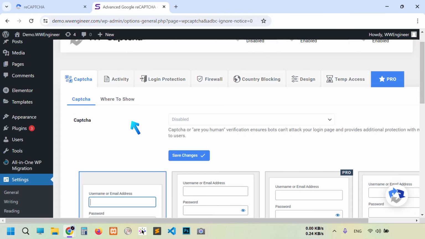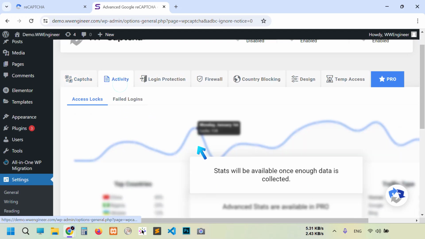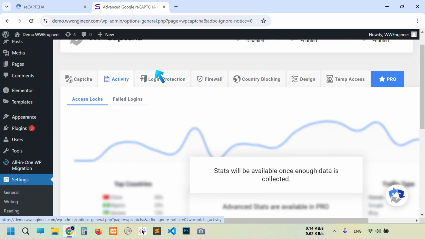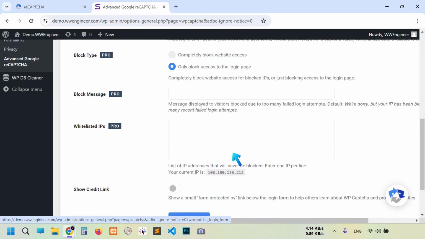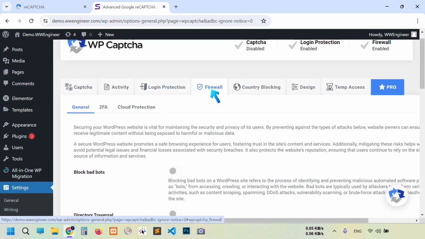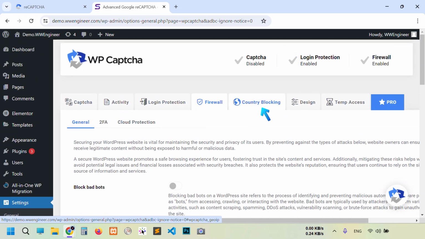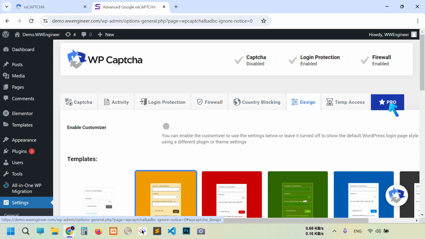This plugin has some amazing features. You see here where to show, activity. You can see exactly the activities on your website. Login protection, you see here all these options, and then firewall. This is also very useful feature, and here country blocking, design, and some pro features you have to purchase first.